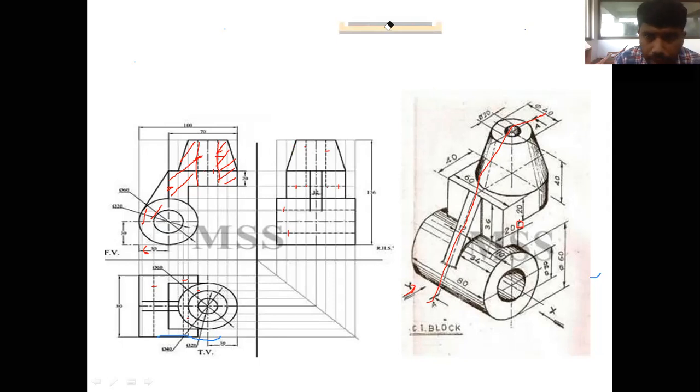So here it is, section views. So to take up the sections, like this. Okay. So after this, in the front you have to show the sections.